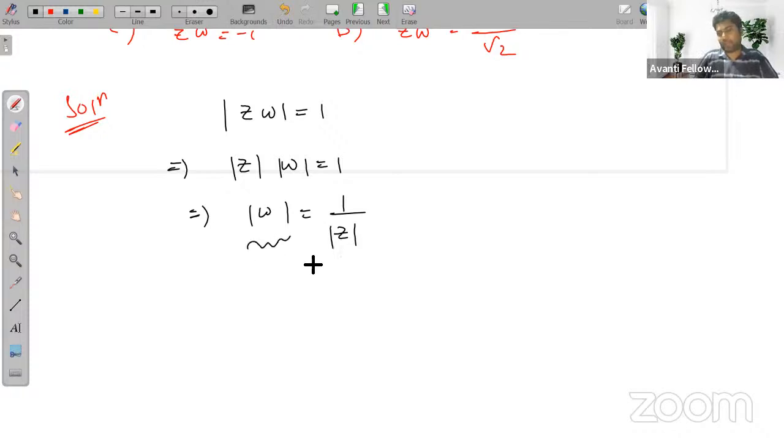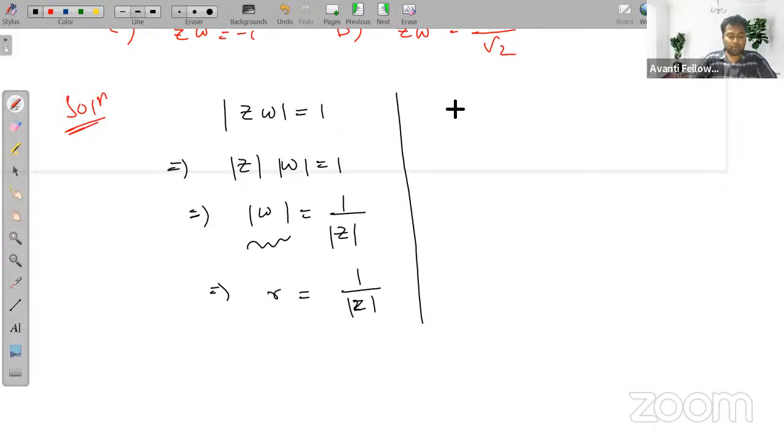If the modulus of omega is r, okay, so r is equal to 1 upon mod of z. So similarly we can write here also